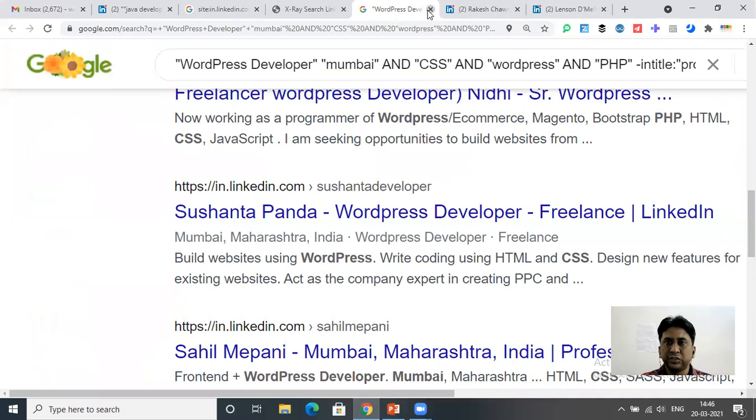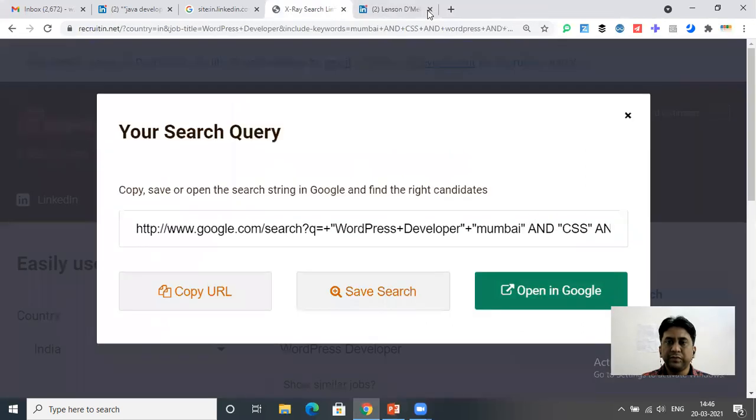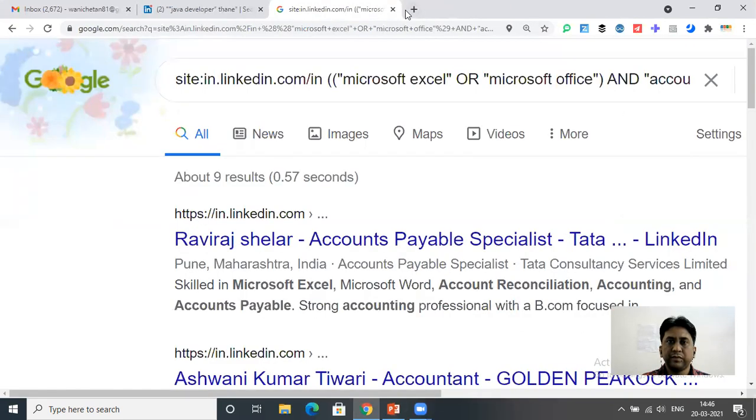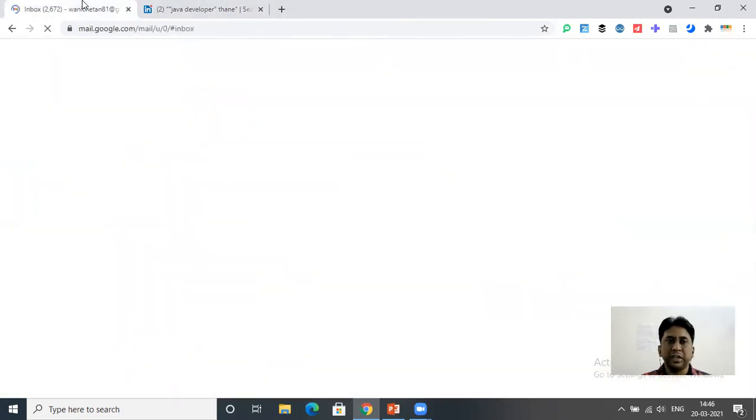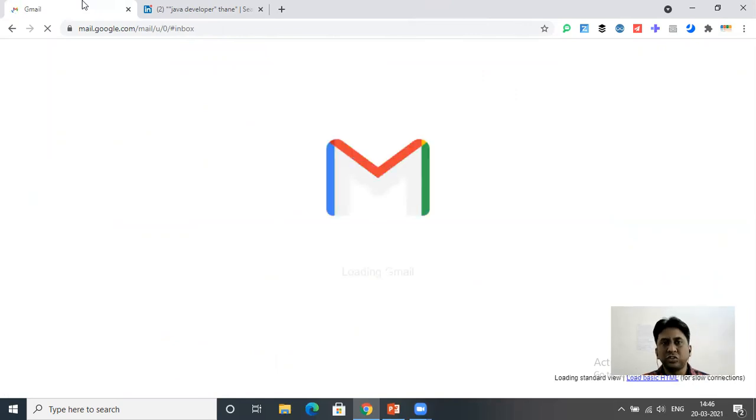So I'll close this window. Now this is my Gmail account because it's a mail merge in Gmail. So you have to use your Gmail account.